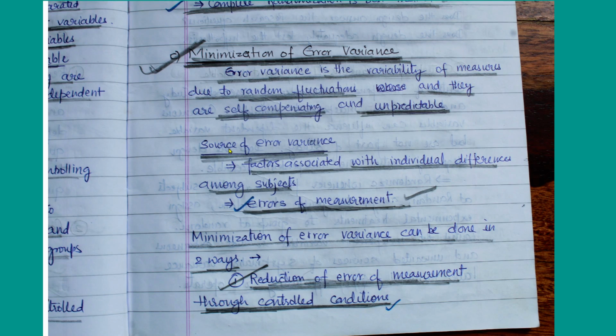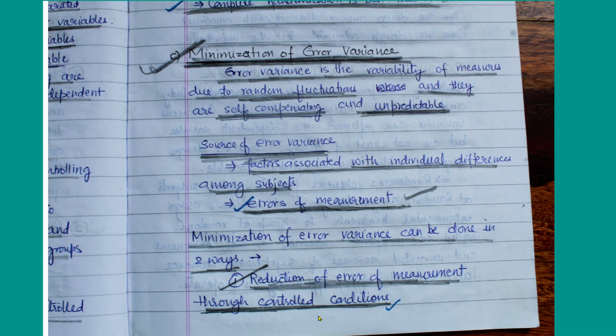How will you minimize it? It comes with experience. If you do good research work during your MSc, from that research experience, you will not repeat the mistakes in your PhD. So minimization of error variance can be done in two ways: reduction of errors of measurement through controlled conditions. Here they are talking especially about the laboratory experiment, where we can control conditions. In social sciences also we can control up to a certain level. So you should always have a control plot or a control selection with you. What is that? We will look into it after some time. So, reduction of errors of measurement through controlled conditions.